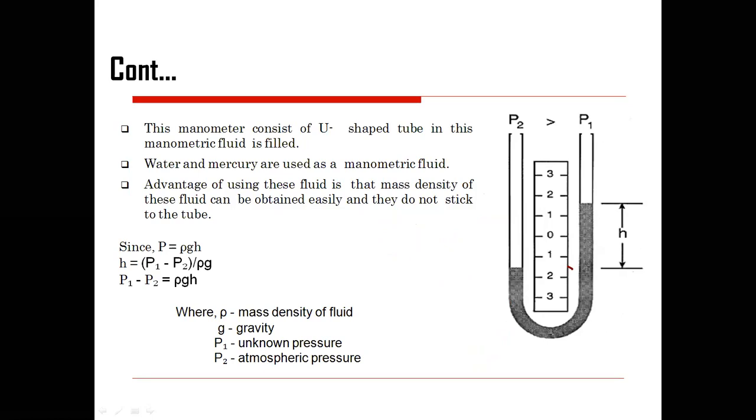So this is the basic fundamentals of the U-tube manometer. Water and mercury are commonly used as the manometric fluid, and you can also introduce some color to identify it, because the glass tube and the water color are similar, so that may affect the reading. The advantage of using this fluid is that